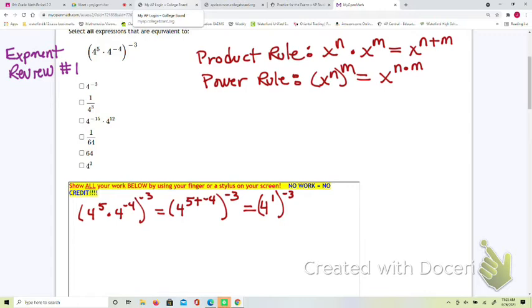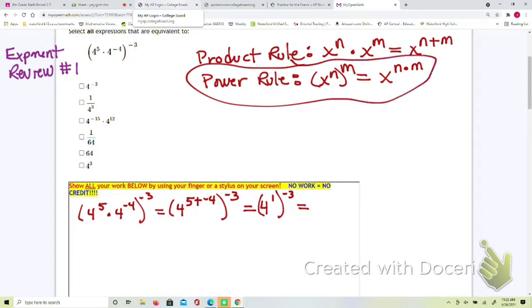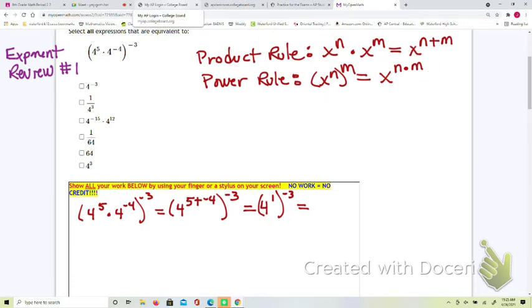Now I look again at my options, and none of them match. So I don't have anything to select yet. So now, what do I do? Well, this is the other property that I wrote down. If you take a look, do you notice that we've got parentheses? And if you look at the power rule, do you see that it's got parentheses? So what do I do with my exponents? I multiply them. So it equals 4 to the 1 times negative 3,